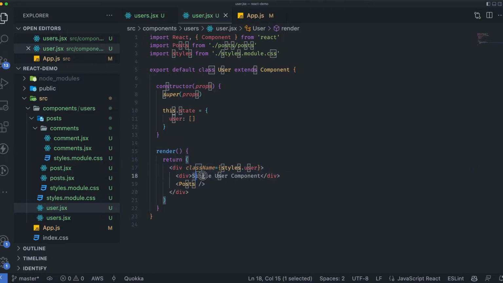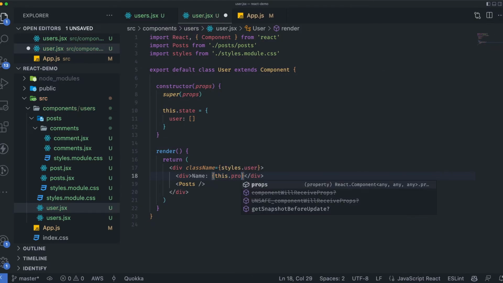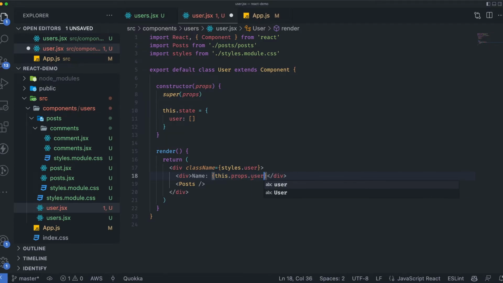Instead of this, I'll simply do name, and in order to access the props I'll need to make use of the curly braces, and then define this.props, just like the way we used to access the state. So this.props.userData